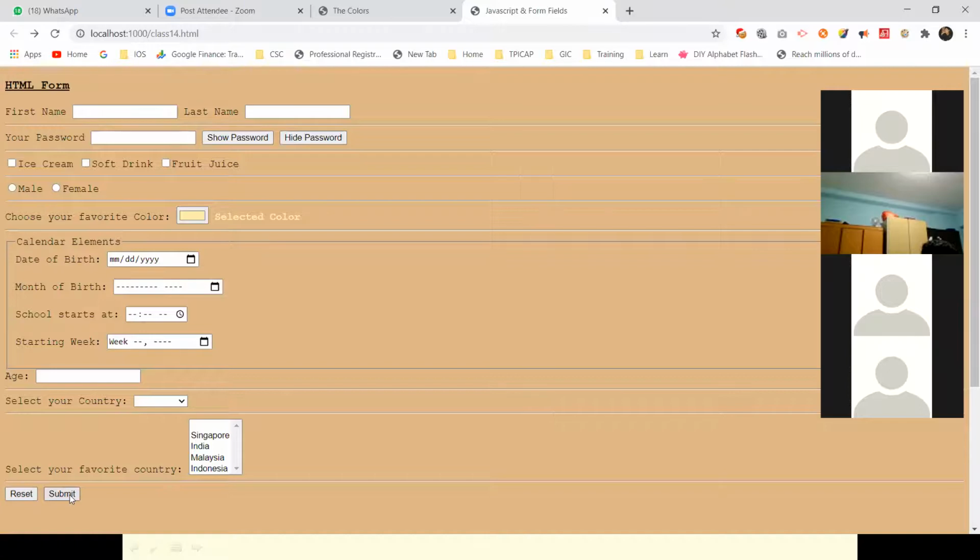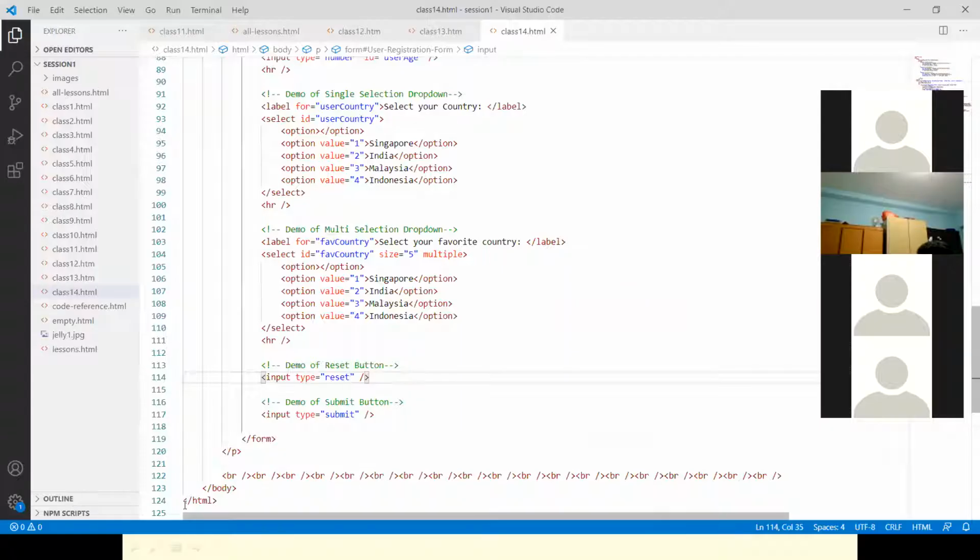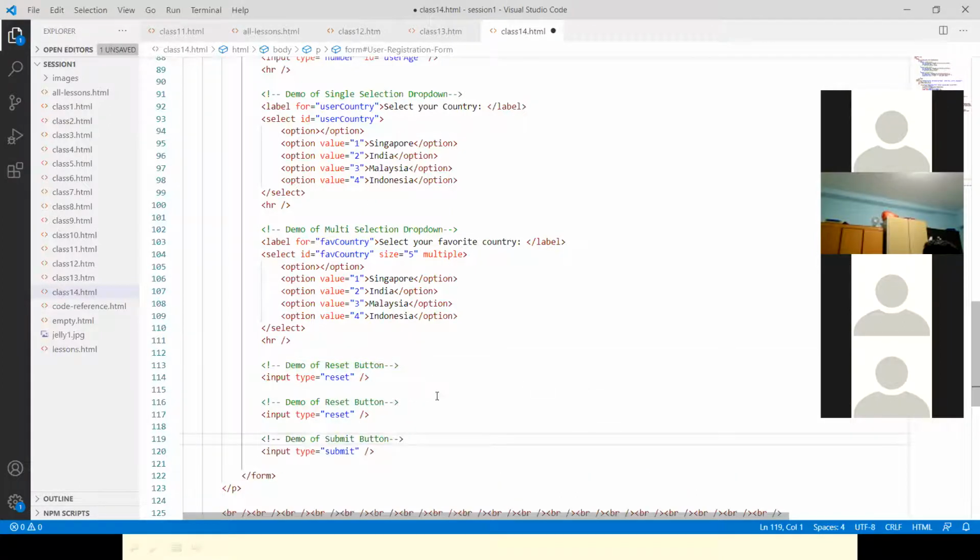Then let's see the normal button also, as we saw here. The reset and submit have their own functionality. Let's check about the button. Okay, this is a normal button. So a button starts with type value as button. Some value and label should be there. Yeah, the value we are giving.